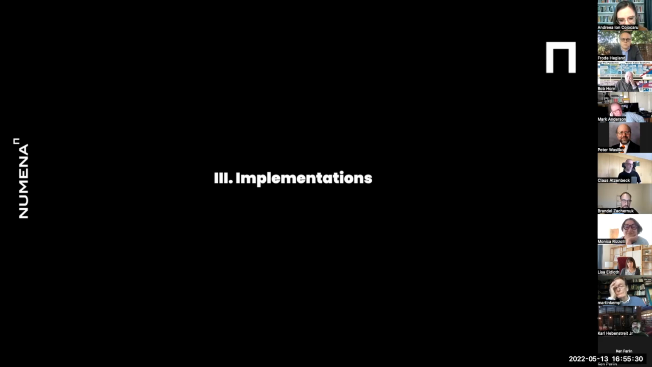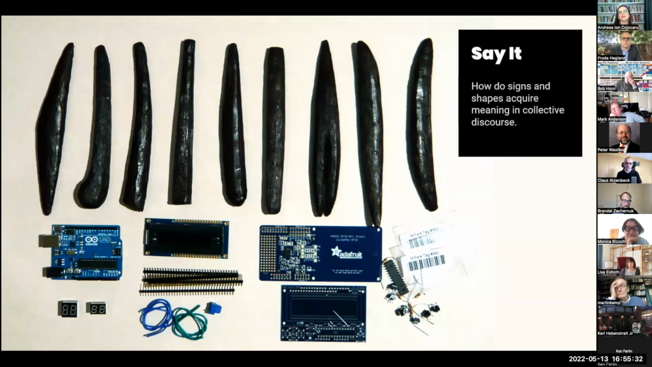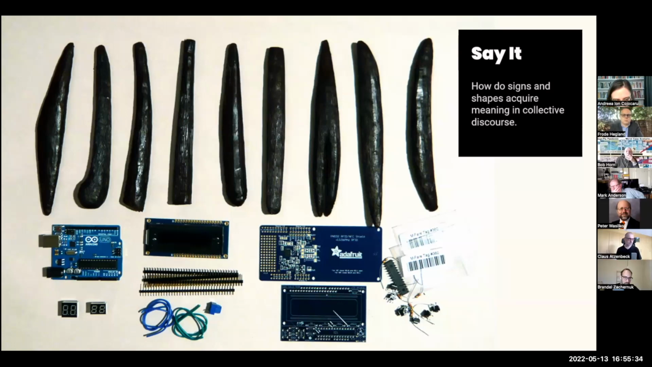All right, implementation. So this is an older project, but I think it's very relevant in this context. So I decided to start with it. This is, let's call it an art project, called Say It. So basically I designed these different shapes. They're in wax here because I was planning on pouring them in bronze. I never got to pour them in bronze and integrate these